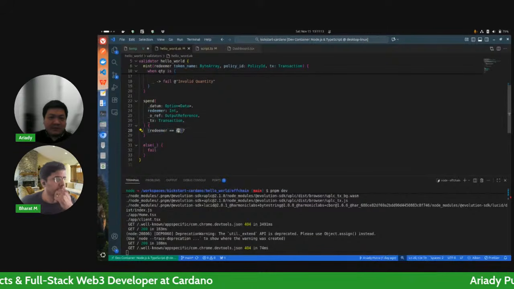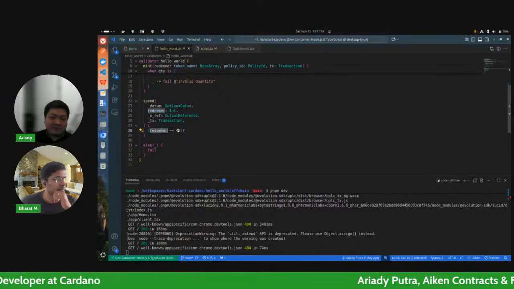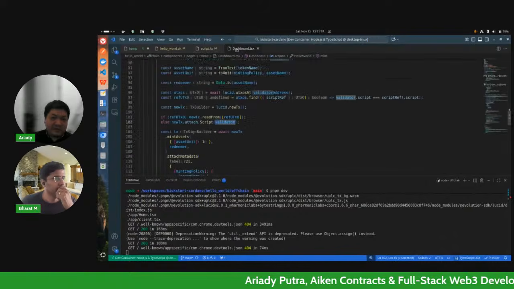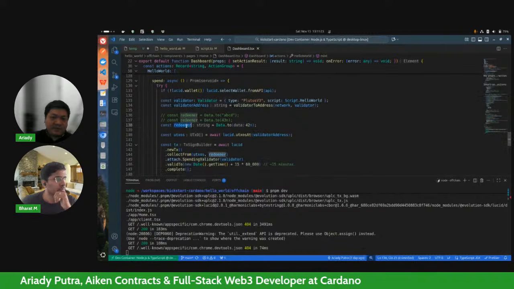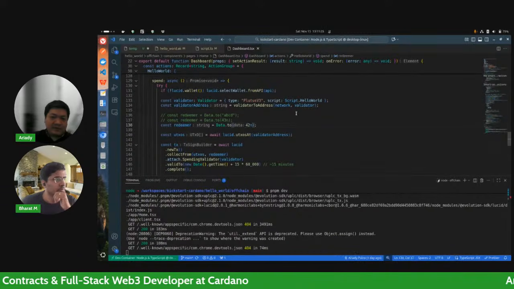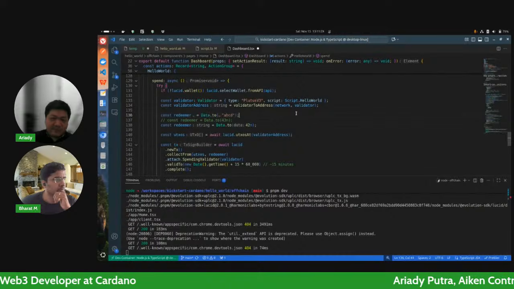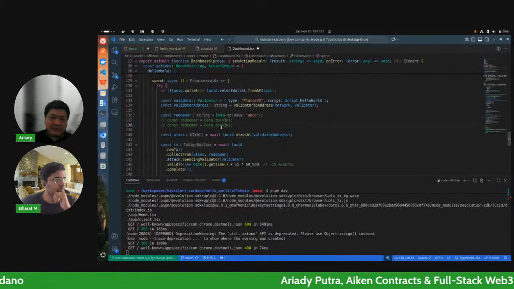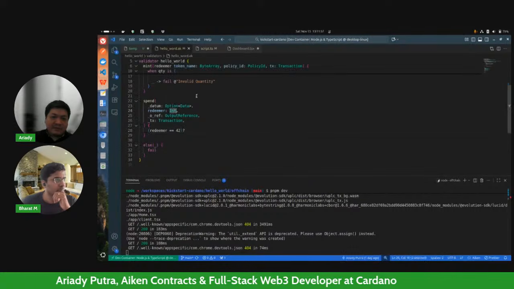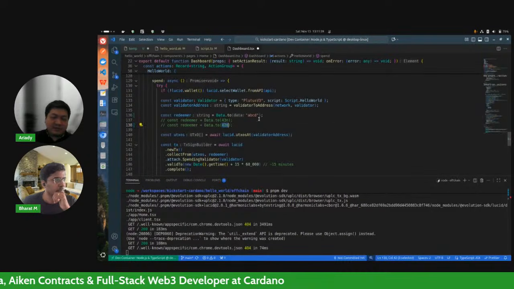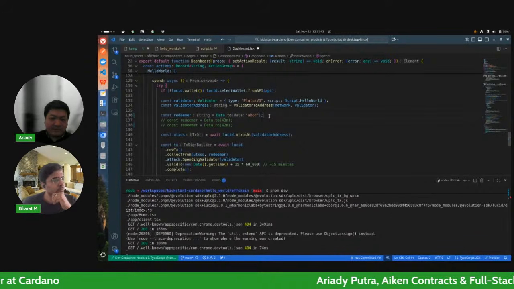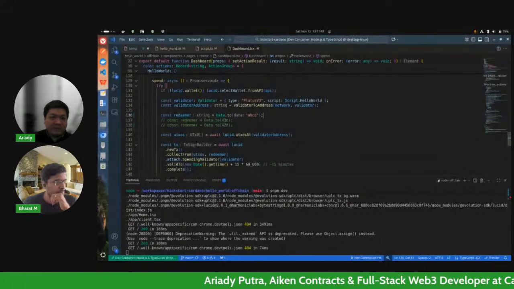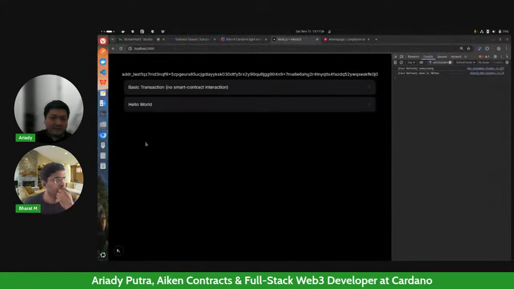So here we can spend if we provide a redeemer with value 42, and if we go to the off-chain code on the spend part, we provide a redeemer here, and the value is 42. And let's say we provide a wrong value, instead of an integer. On Aiken it's called integer, but on TypeScript it's going to be a big integer. But right now we'll test what it's going to look like if we provide an unexpected data type here.